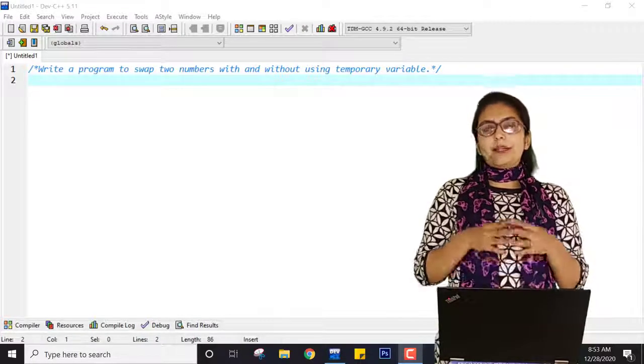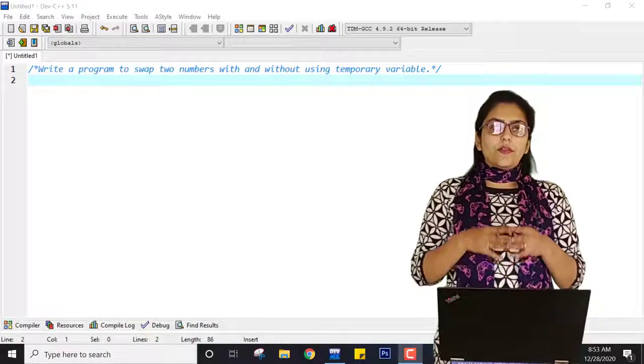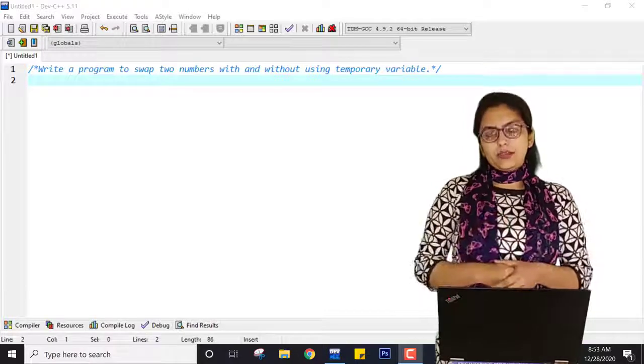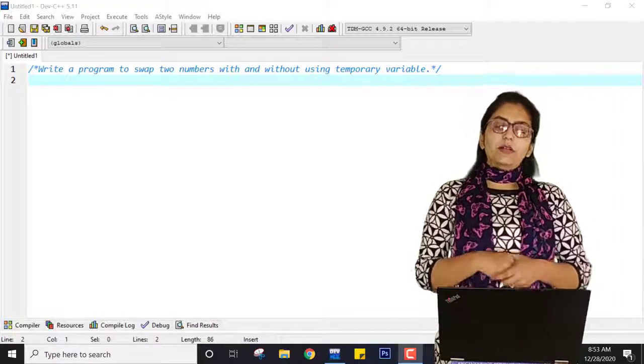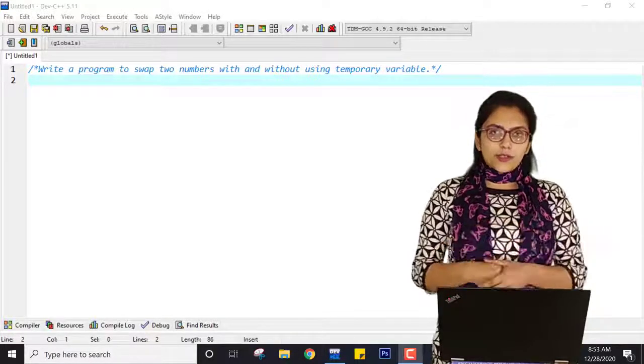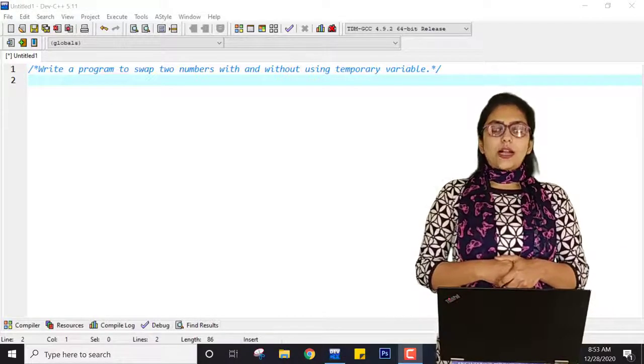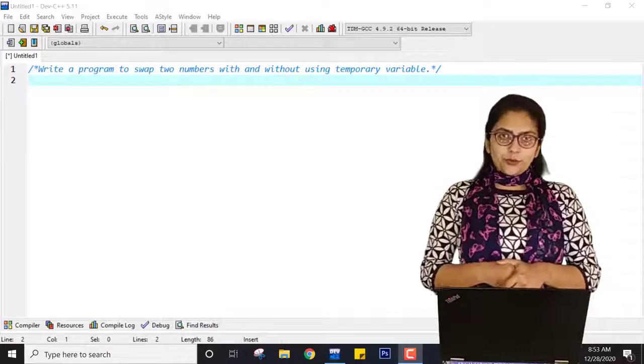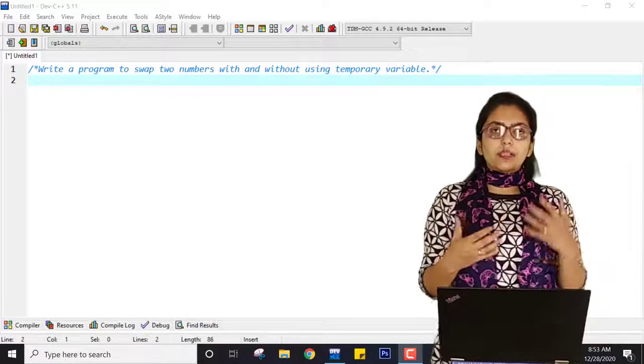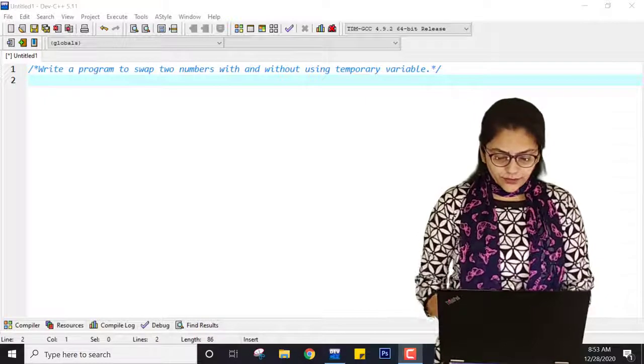This program can be done in two ways. One, using a third variable, that is called a temporary variable, and another approach is without using any kind of extra variables. So let me just show you. First I would like to show how students misinterpret this aim. So for that, first I need to